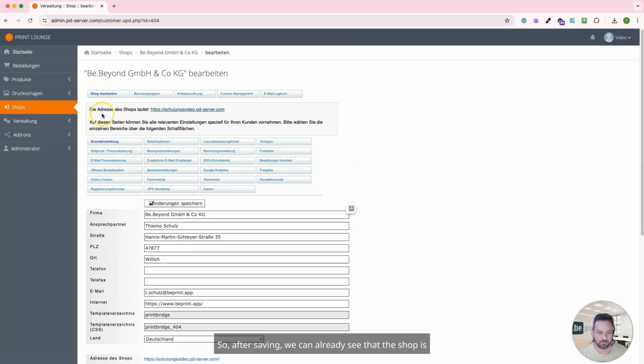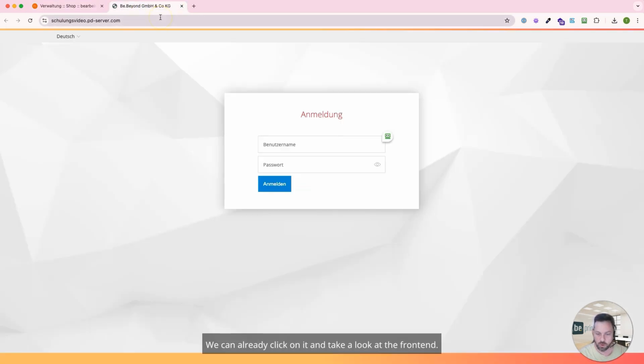So after saving, we can already see that the shop is accessible at the address schulungsvideo.pdserver.com. We can already click on it and take a look at the front end. Nothing has been customized here yet. In terms of color, we see the login page without a background image, and now we're going to customize everything